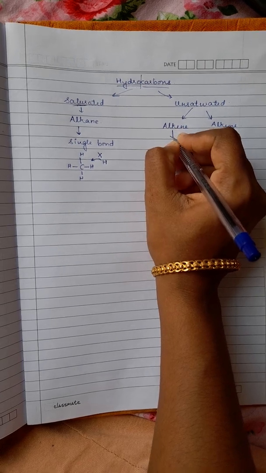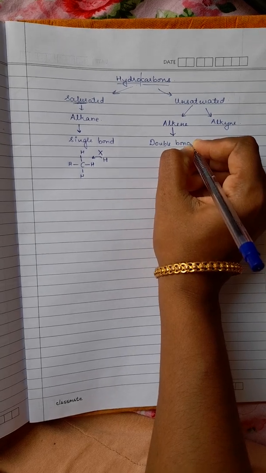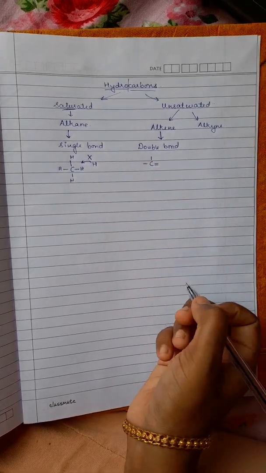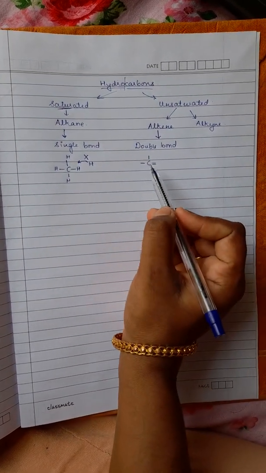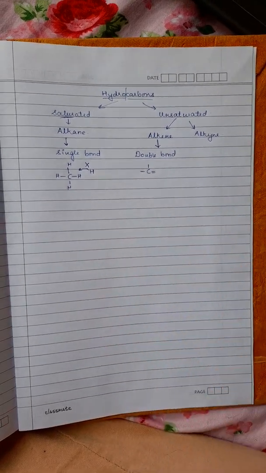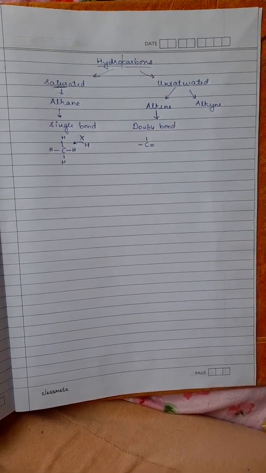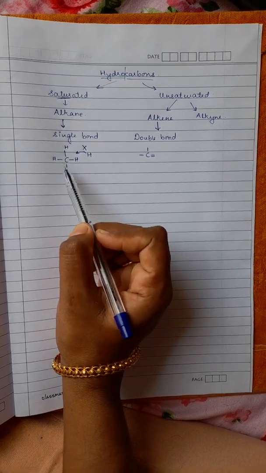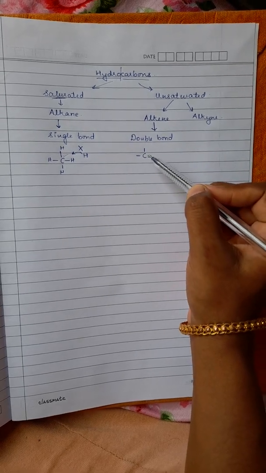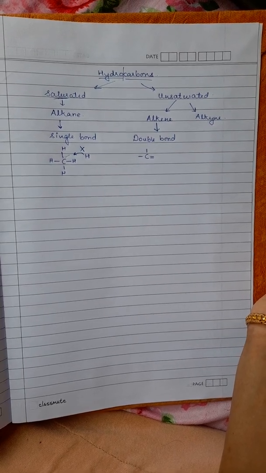Unsaturated, when I am talking about alkene, these are those compounds which have a double bond in them. Alright, so this is going to be C double bond C. This kind of structure it's going to have. So if you count it, it's 1, 2, 3 and 4. Always remember, carbon should have 4 bonds next to it. Okay, here if you see, it was 1, 2, 3 and 4. So this is correct. It has 4 bonds next to it. Here if you see carbon, it has 1, 2, 3 and 4. So it has 4 bonds, so it is complete or it is correct.